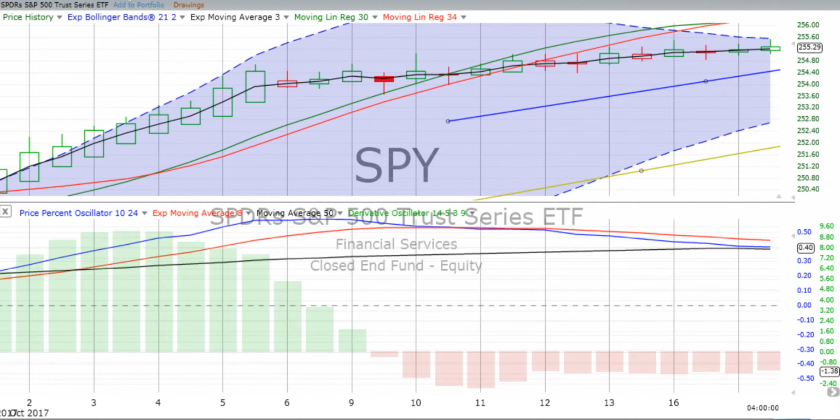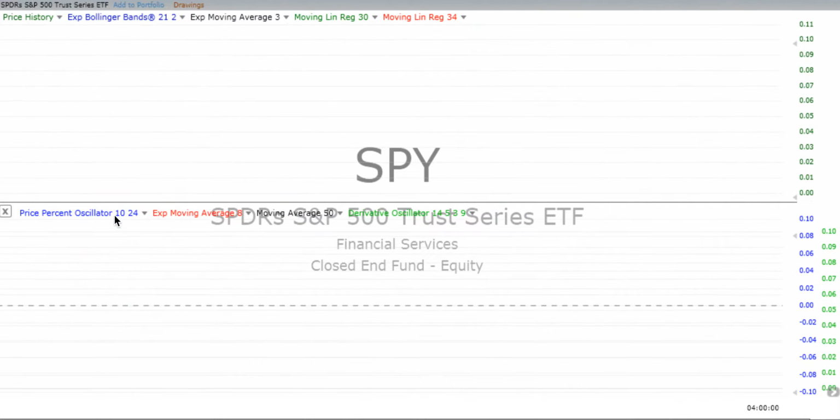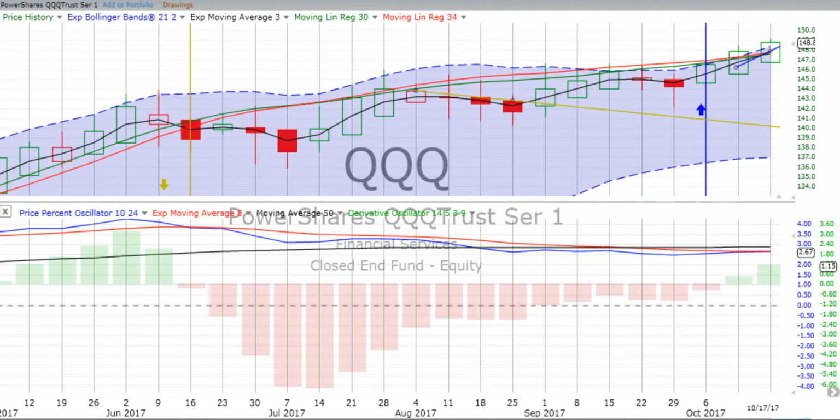Let's keep moving through these charts back to the weekly chart, and we'll go to QQQ, of course, the Nasdaq 100. What do we see going on there? Well, the Nasdaq 100 is about 2.5 weeks through strong up movement. Maybe at the end of the week we'll have a crossover.